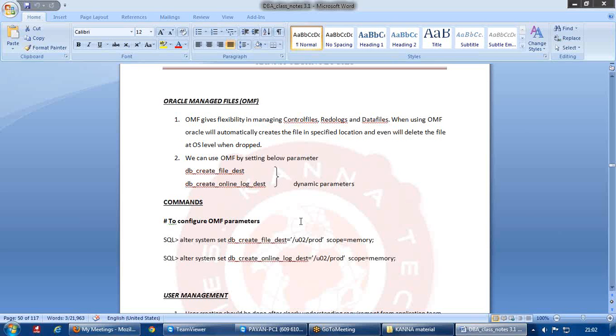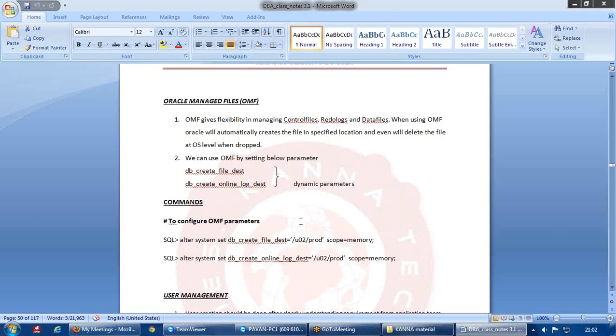If you remember, we have seen that when you drop a table space with the command drop tablespace name, it does not remove the file at OS level; it only removes the information from the dictionary.